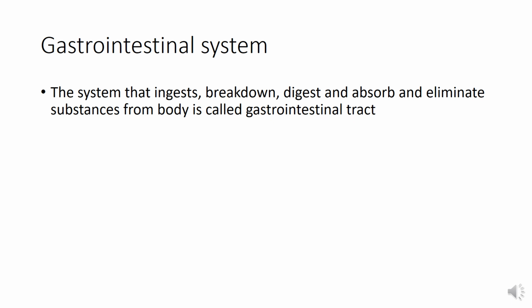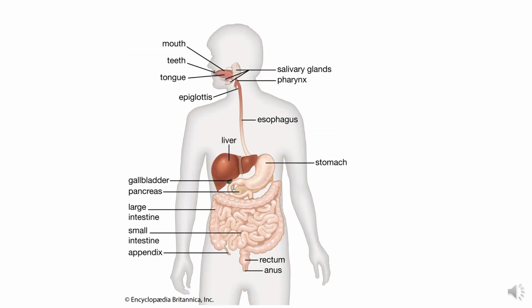First of all, the gastrointestinal system is that system that helps to ingest the food, then break it down, digest and absorb the nutrients while eliminating the waste products from the body. Now this gastrointestinal system consists of the tubular passage in which the food is processed and broken down, digested and absorbed,